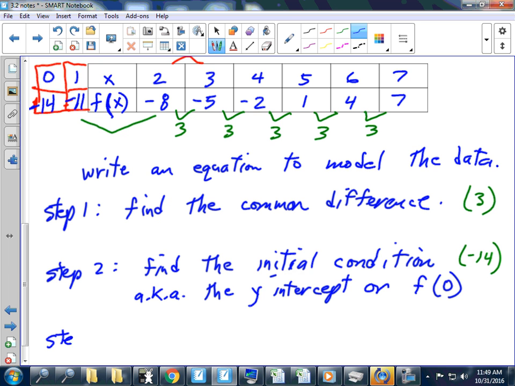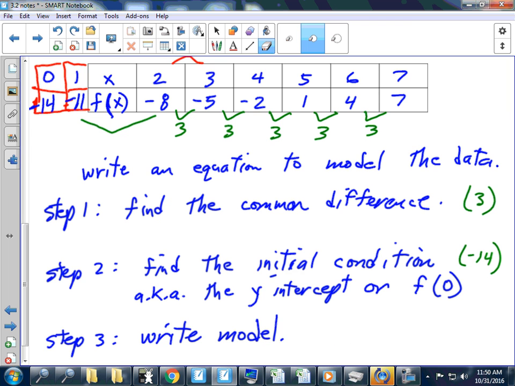Step 3. Write the model. This is the exciting part. This is the big payoff here. Gabe, what do you have? Write the model for me. F of x equals. But you do have it down. It's right here. It's done for you. You just have to express it a little bit differently. F of x equals,